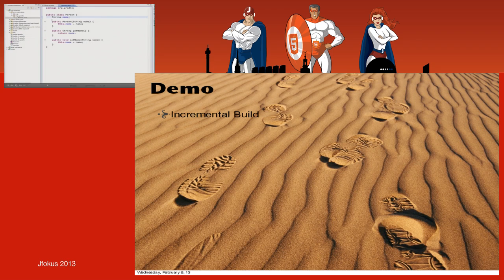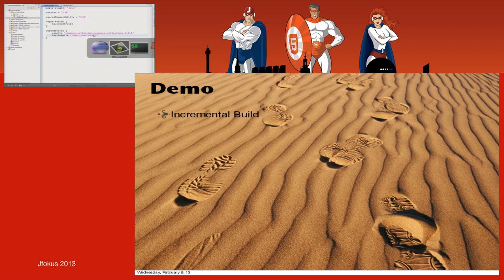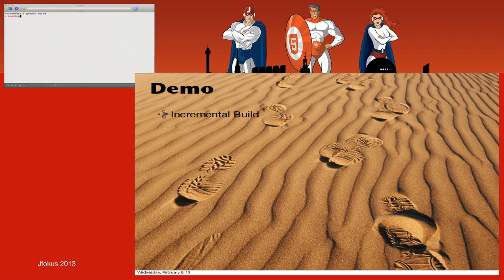So let's do something else. Let's go to the build script and change a property. We don't change any of the input files, just the property for the compiler, the source compatibility level. And you see, even this is detected. Because the bytecode has changed, everything basically needs to be re-executed. If you change the class path of your JUnit dependency, that is also detected, and it causes the tests to be recompiled and re-executed, the rest is up to date.